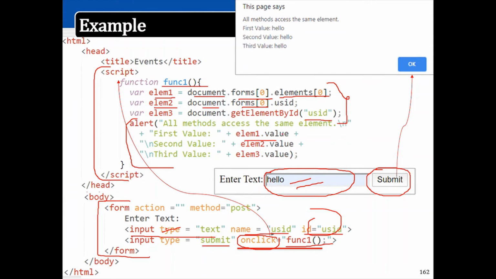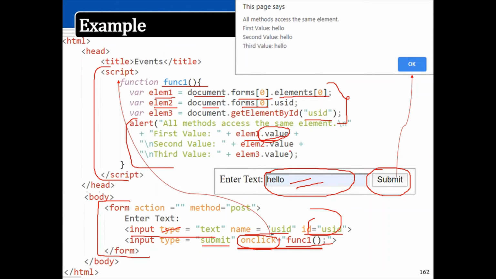elem1.value. So here is another useful property, dot value. The value property refers to the value which is typed in within that particular control. So remember this, because you may be using it for many practical examples.